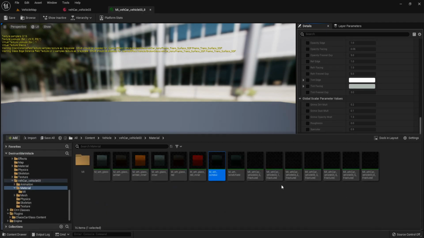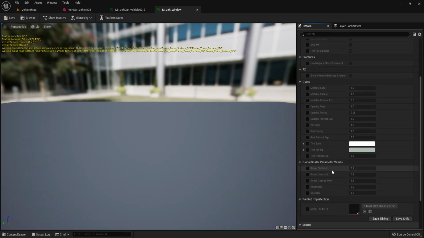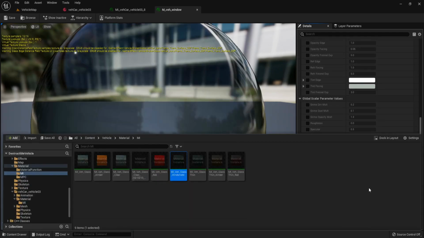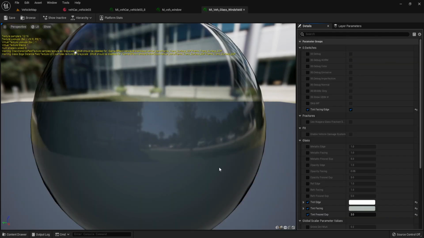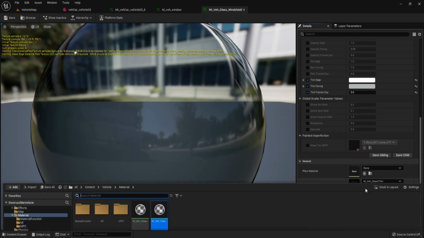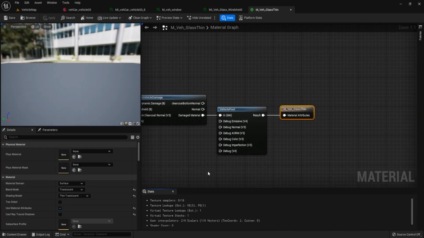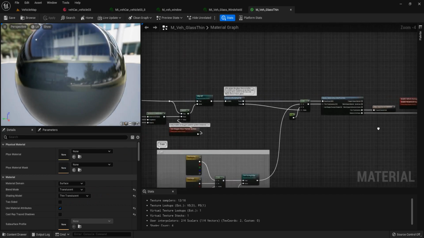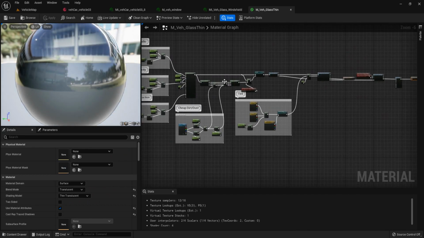MV window, and the parent of it is glass windshield, and then MV glass thin, and we don't have any problem here.